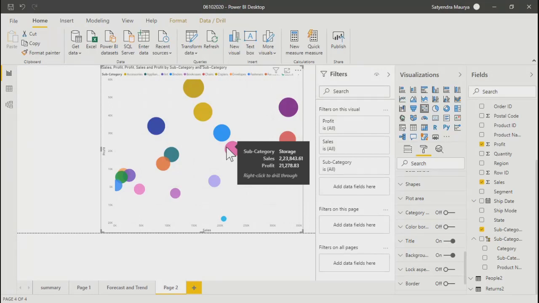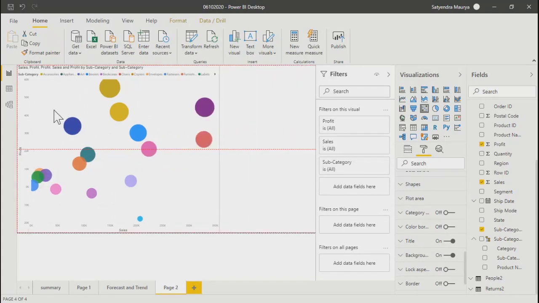Now, if I increase one and the other is also increasing, that will be a positive relation, positive correlation. And if I increase one and the other is decreasing, we call it negative correlation. The values of correlation can be a maximum of +1 and a minimum of -1, so it lies between -1 and +1.